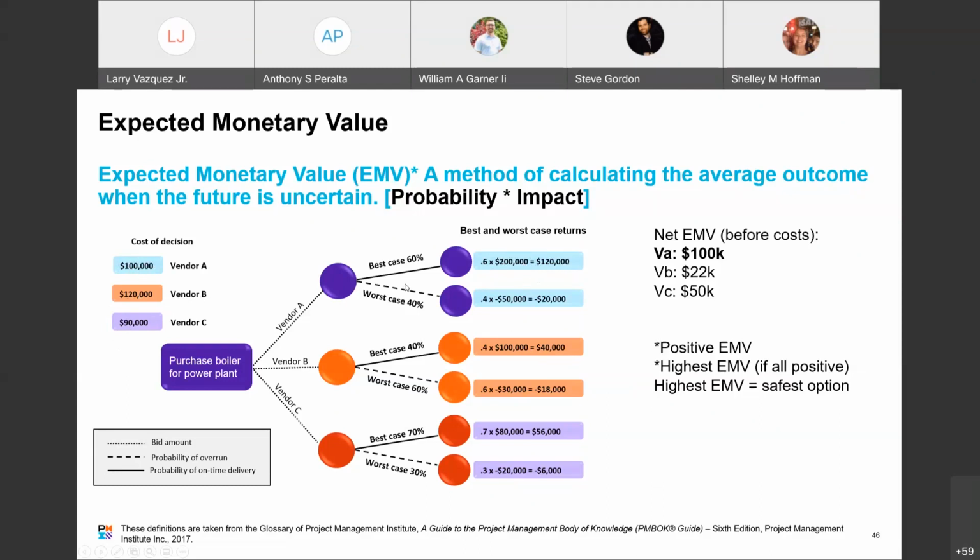I would not be surprised if the question would be framed around something like vendor A has a bid of $100,000 and they give you this tree, and they have a probability and an impact, probability of this and an impact of that. And vendor B has a bid of $120,000 with a probability and impact of this, whatever. Which vendor is best to be chosen? Well, this $100,000 and $120,000, they don't mean anything. This is what matters, not that other stuff. That's the type of stuff that you'll see on the exam.